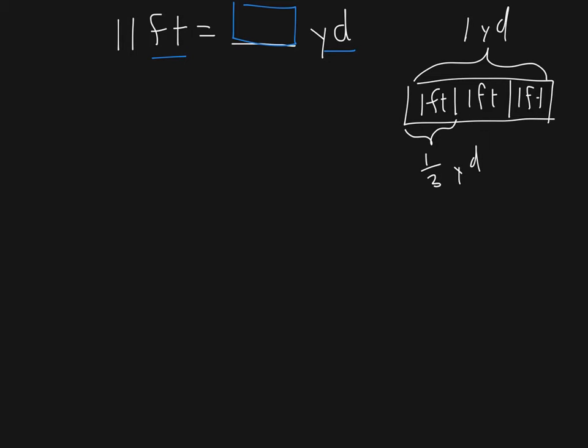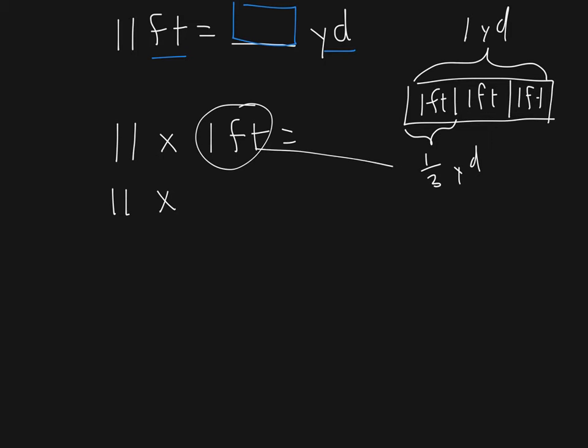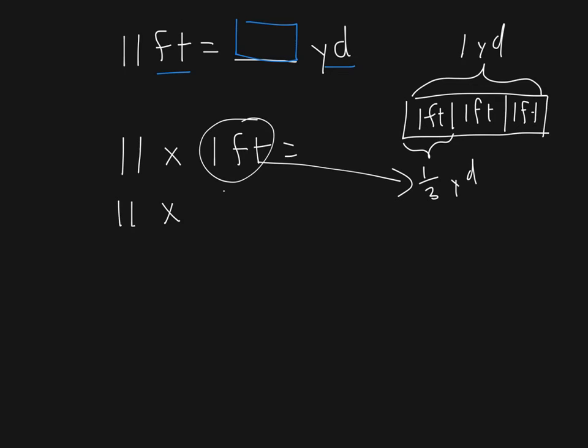So when I do my multiplication problem, it's going to be 11 times 1 foot, and that equals 11 times, now I'm going to convert this 1 foot into my 1/3 of a yard, 11 times 1/3 of a yard, and that of course is 11 times 1 over 3,